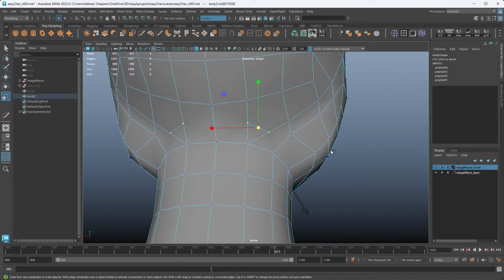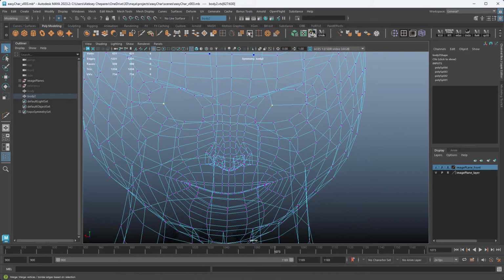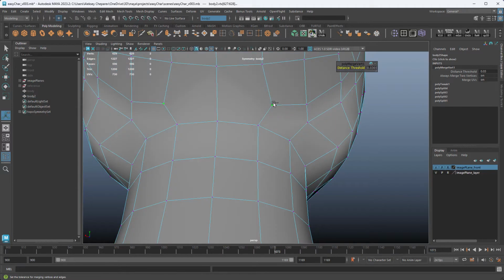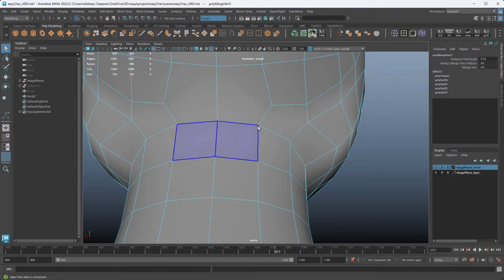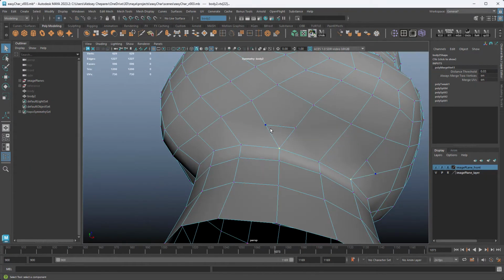Then if I select these vertices here and scale them, I can get them real close together. And because I have symmetry, I can't just use merge. I need to increase the distance on the merge, and that will merge them. So see, basically what I'm doing is I took that high valence point and I moved it here. And now I can do the same on this side.